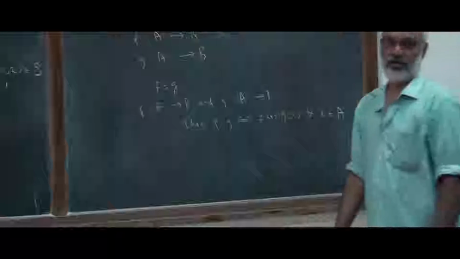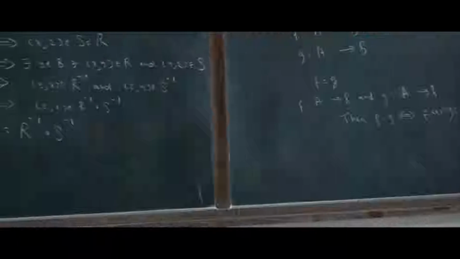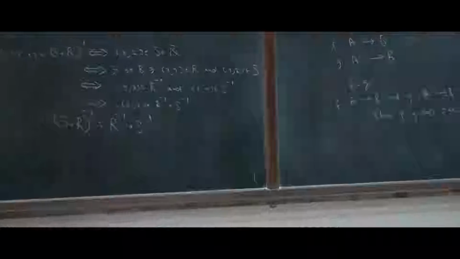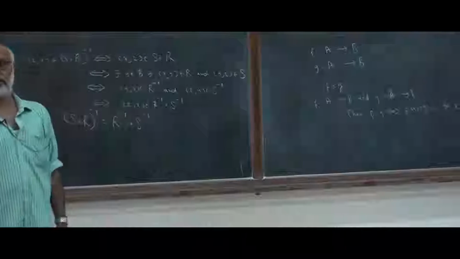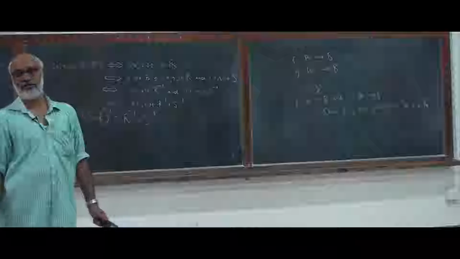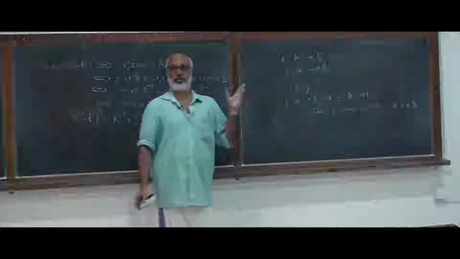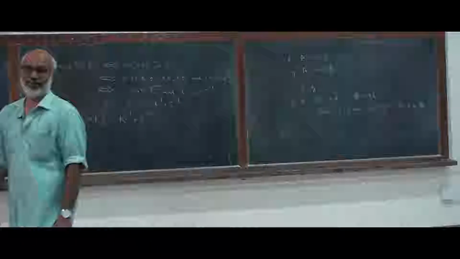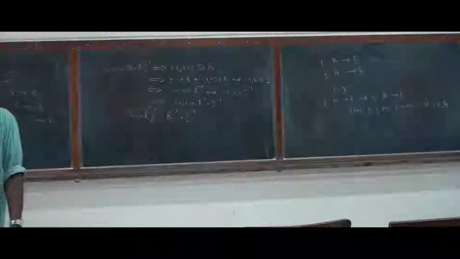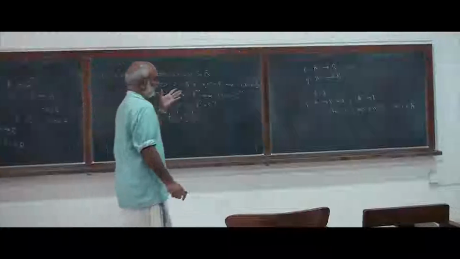That is, two functions f and g from S_A to S_B are equal if and only if f(x) is the same as g(x) for every x in S_A. This is the definition of equality of functions. Actually, this is a consequence of our original definition of equality of two sets. So there is nothing new,